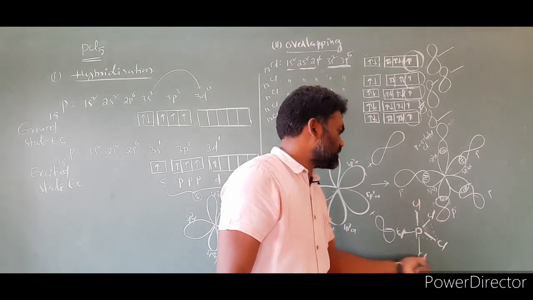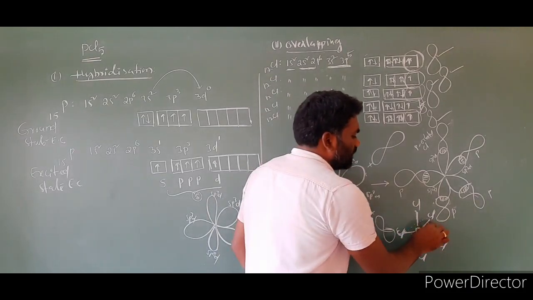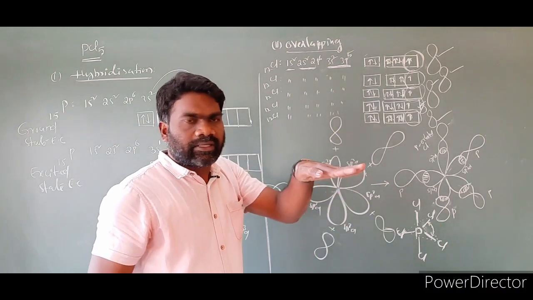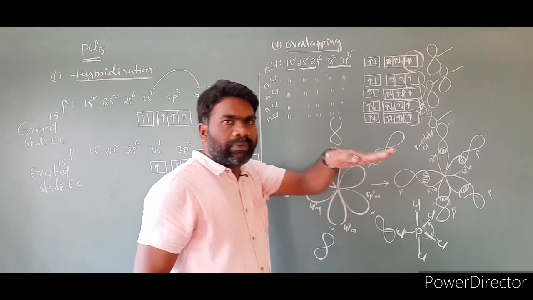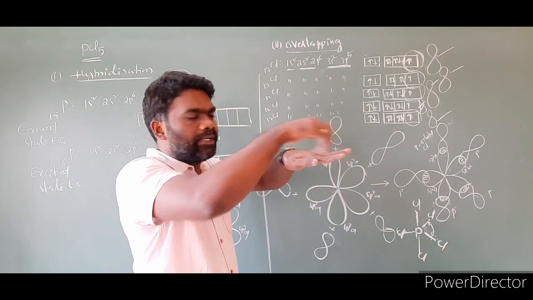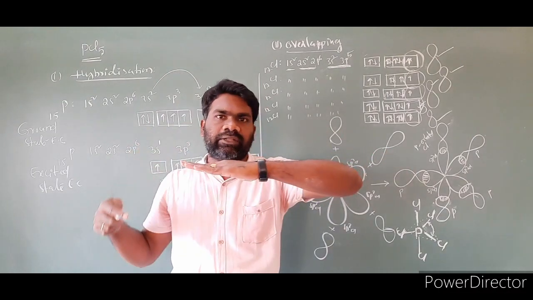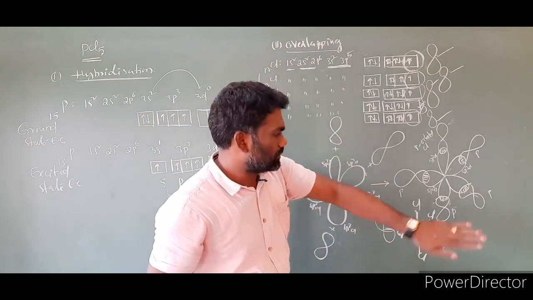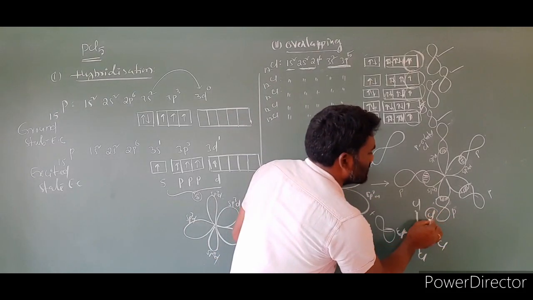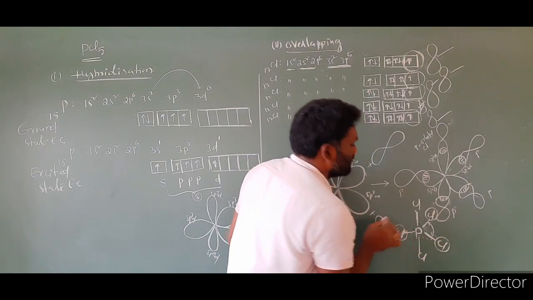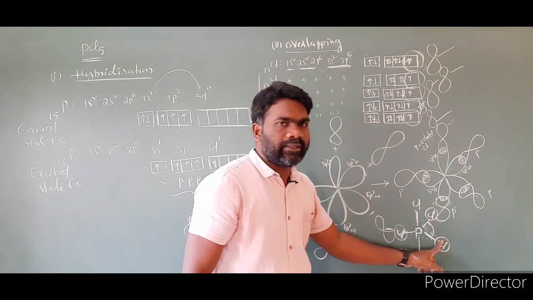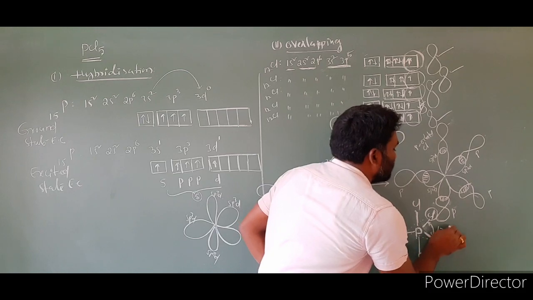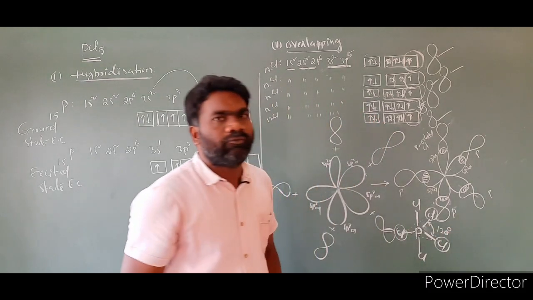Phosphorus is at the center, and 3 chlorines surround it. The angle between any two chlorines, between these two chlorines, so 3 chlorines are present in one plane. Here is one chlorine, here is another chlorine, here is another. 3 chlorines are present in one plane. One chlorine is above the plane, one chlorine is below the plane. So I am labeling this chlorine, and this chlorine. These 3 chlorines are present in one plane. So the angle between these two will be taken as 120 degrees. The angle between them is 120 degrees.